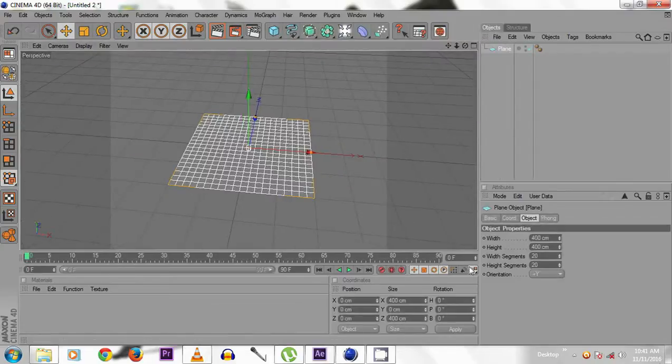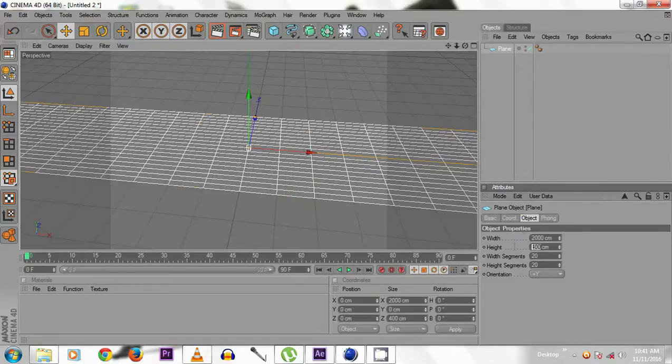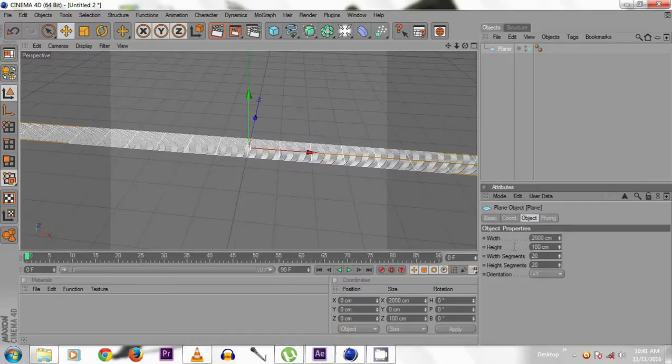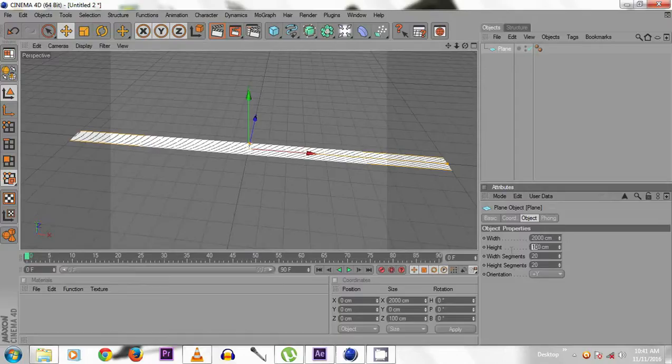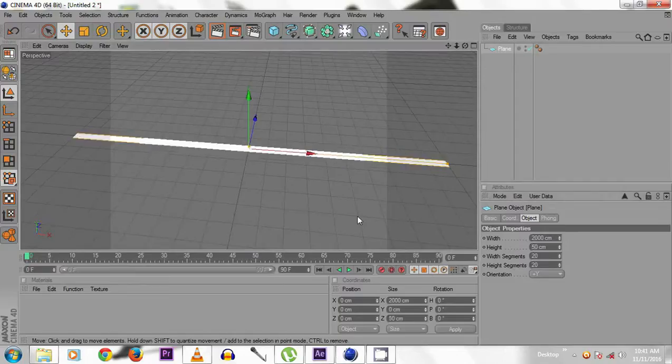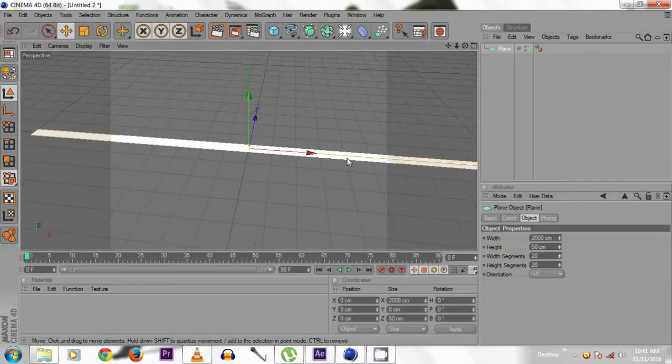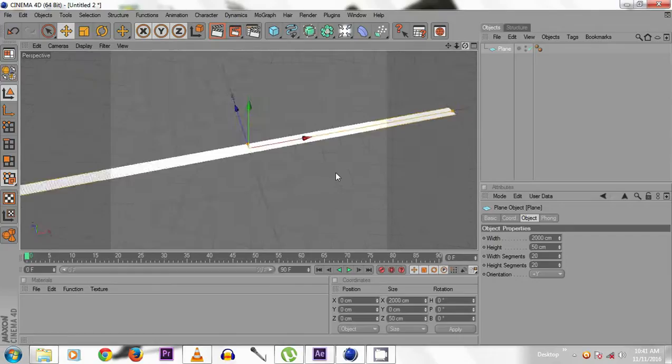Now make the width 400 to 2000 and the height 100 or 50, like this. Now it is like a ribbon shape.